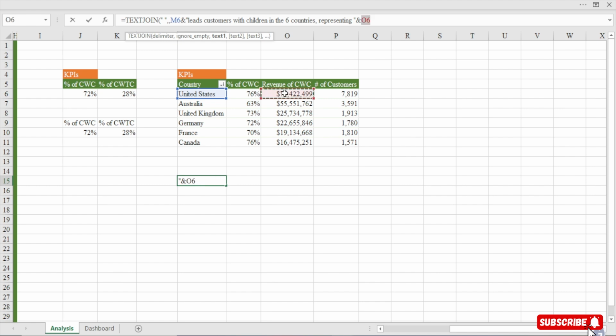Now before choosing this, I will have to format it, right? So I'll bring my concatenation sign or my ampersand sign, and I will use this function again, the TEXT function, to format the value, right? So representing this, comma, and then the format is going to be hash comma hash 0, right? And I'm going to close it like this, right? Perfect. So this is the text one, representing this,